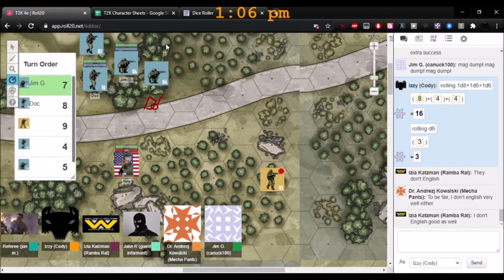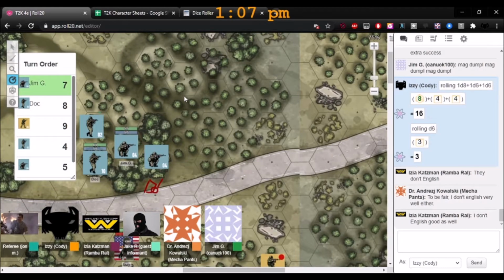But Jake has pointed them out to you, so you know that up on the high ground there's some enemy you can't see. But on the low ground, you just saw this guy get shot by Izzy and hit the dirt. Now, if you can move a little bit to the north or northeast, you'll be able to find a shooting position to take on the guys on the hill.